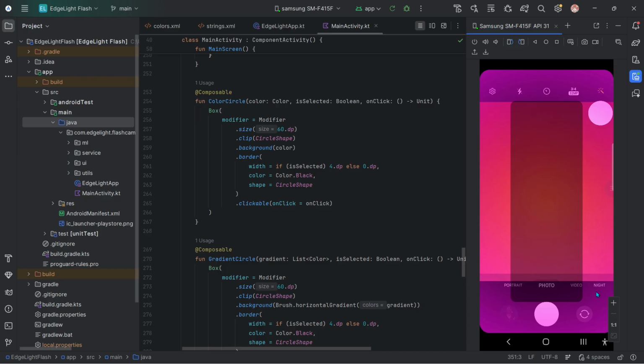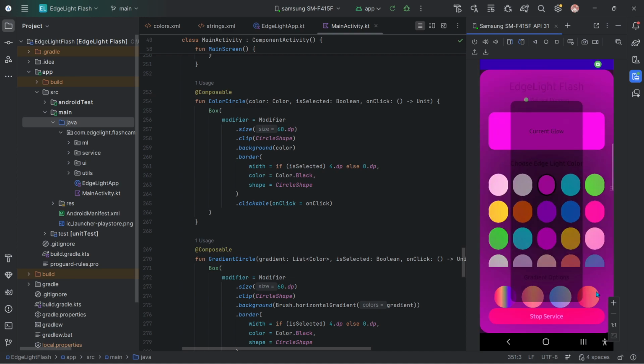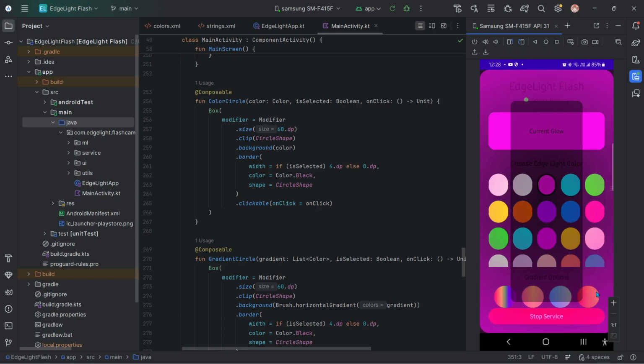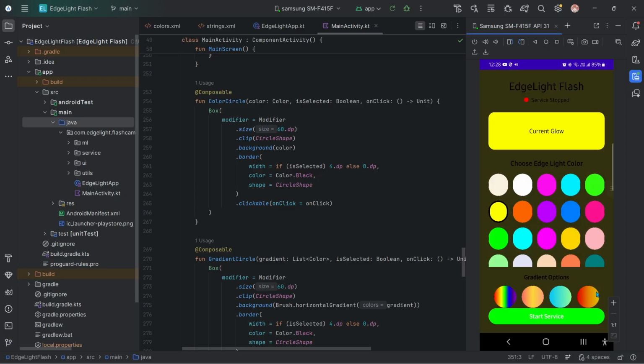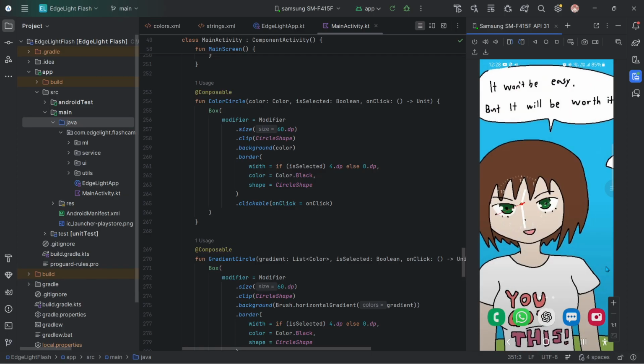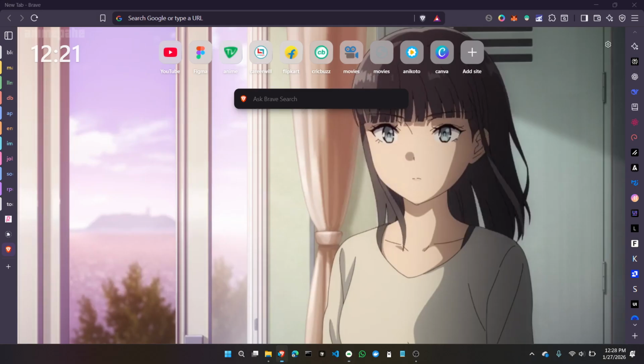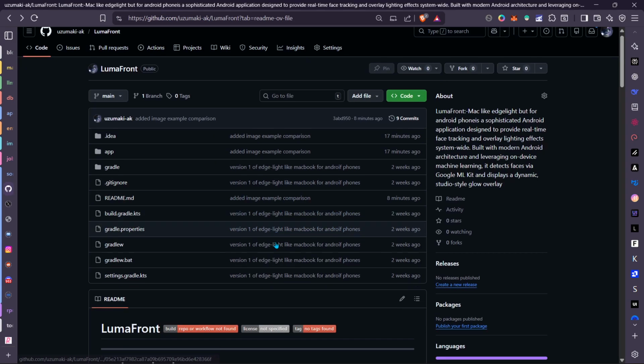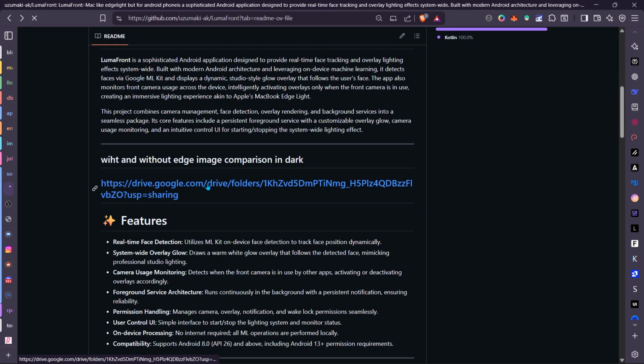So that's it. Let me show you the image comparison also. And this works with any color you want. Let me stop the service and show you the image comparison. I have already uploaded it on GitHub. Where is it? Yeah, this one. And if you go to this Google Drive link,